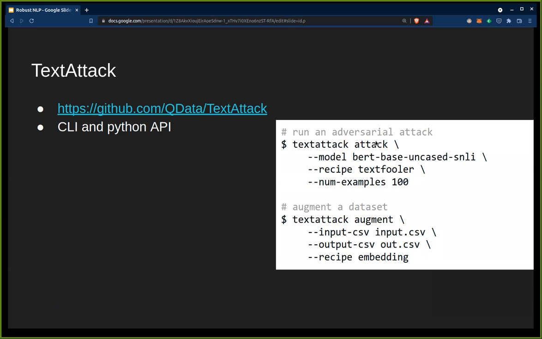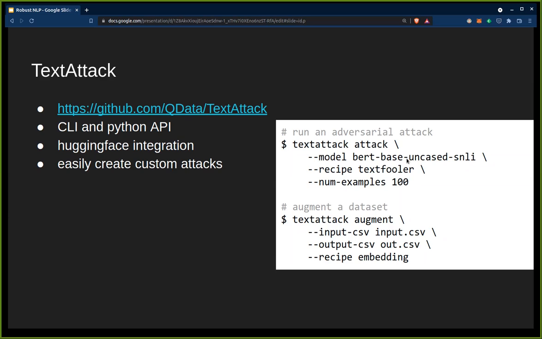And here are two libraries that do text augmentation, like I just explained. One is TextAttack, and it has a command line interface and also a Python API. Here's an example of how you could use the command line interface. It allows you to attack a bunch of different pre-trained models. All the models on Hugging Face you can access. And then it has all these things it calls recipes, which are just implementations of algorithms from different papers. And it's a pretty mature library.